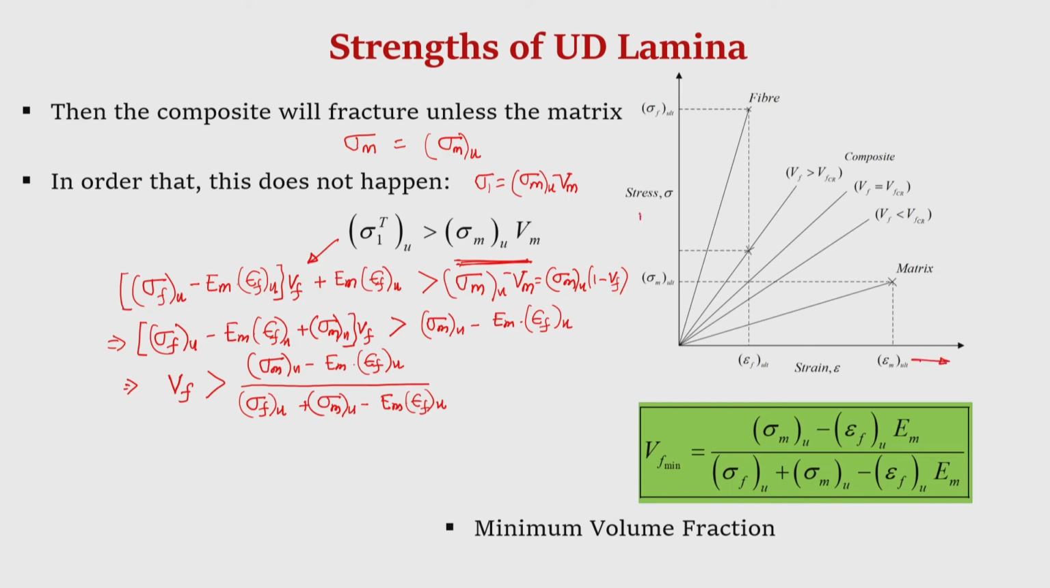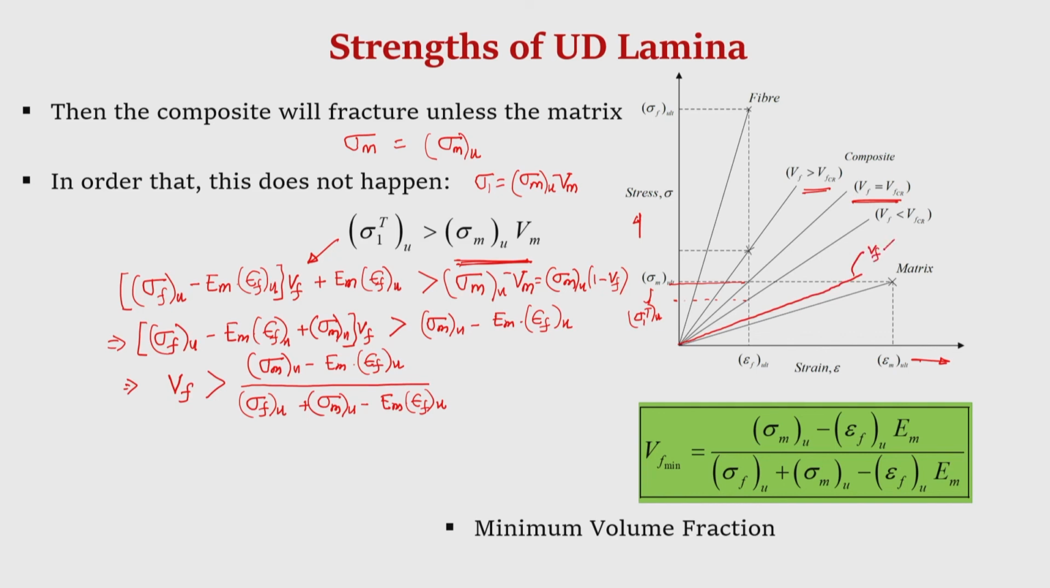If you just look at the stress strain curve, we have already seen that this is V critical, where the longitudinal tensile strength of the composite is just equal to the ultimate tensile strength of the matrix. More than V critical, the longitudinal tensile strength of the lamina is more than sigma m u, and less than V critical, the longitudinal tensile strength is less than sigma m u. Now, suppose it is further less, say, if it is here,